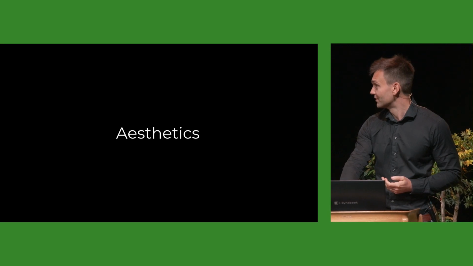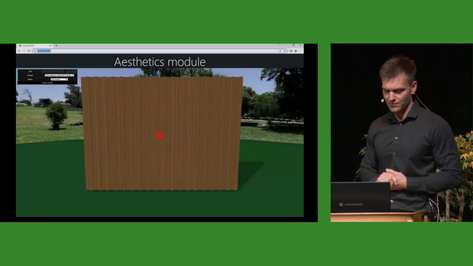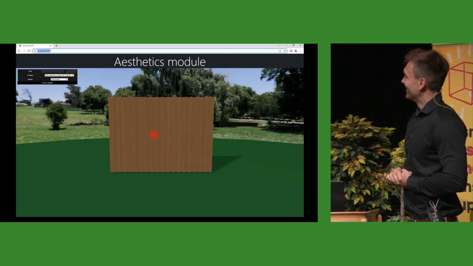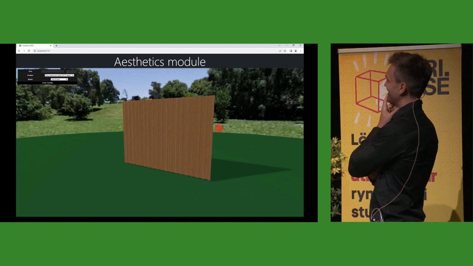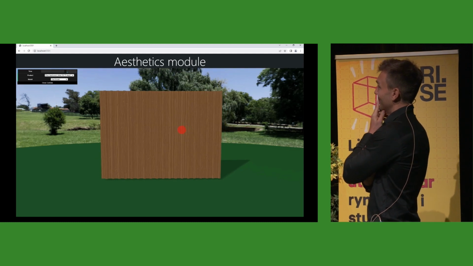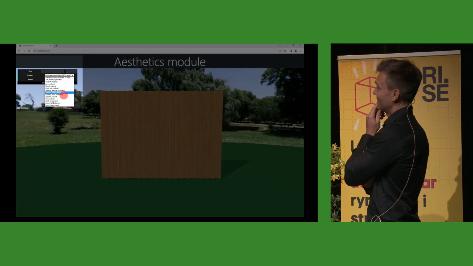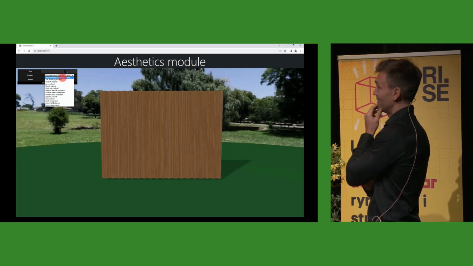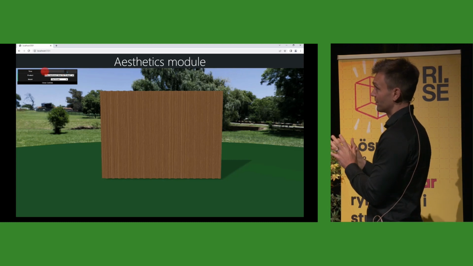So now I'm going to show you the prototype of our tool, which is, again, everything is pre-calculated, and we provide a few examples. So this is a very simple floating cladding, as you can see here, with some generic wood texture and in a very basic environment. And then as a user here, you can choose different materials, and what happens is that you toggle between different color curves.